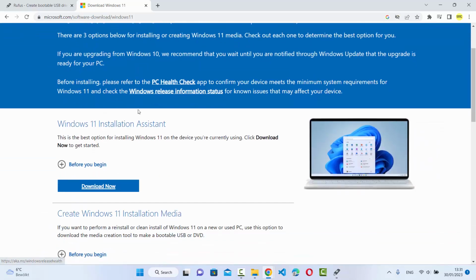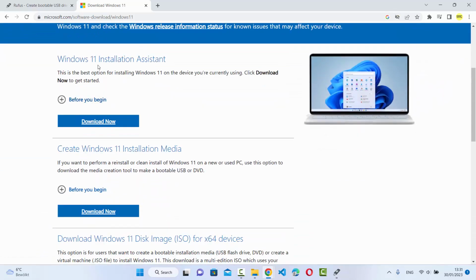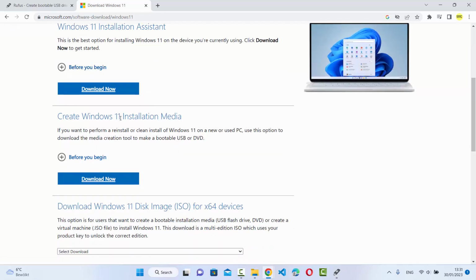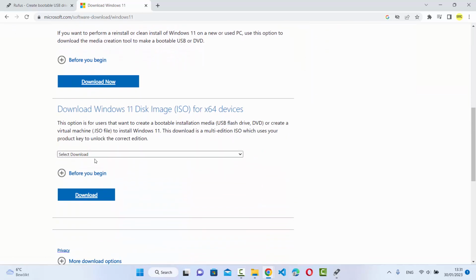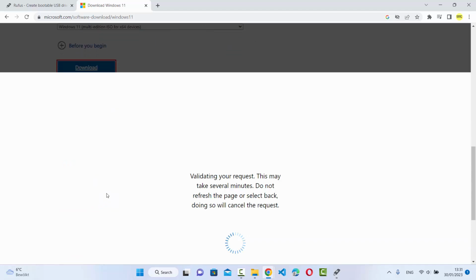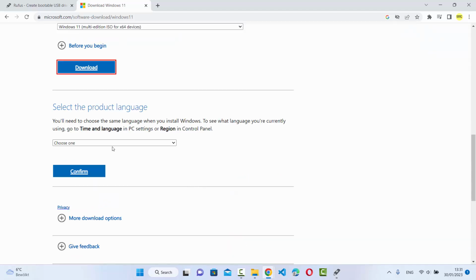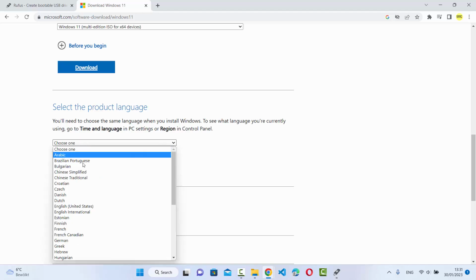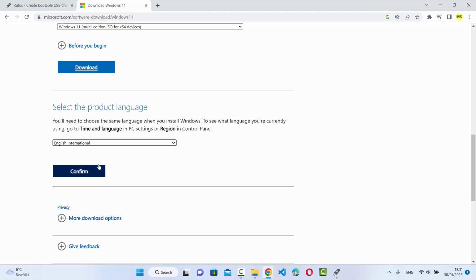And here, when you scroll down, you will see a few sections. One is installation assistant, second is installation media, the third one is the ISO file. I'm going to click the download button under ISO file. I'm going to select this version, which is the only version available, and then click on download, which is going to validate some things and then give you the other option. You also need to choose the language in which you want to download the ISO file. I will choose English International, confirm,